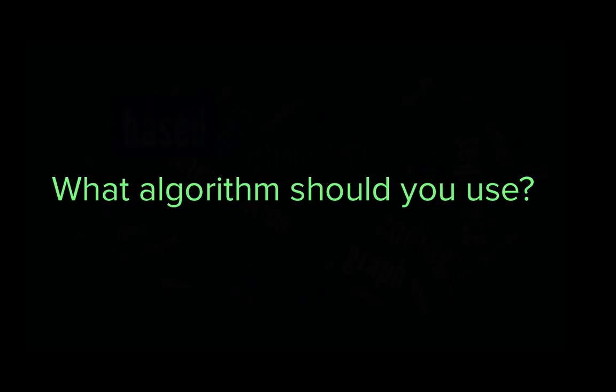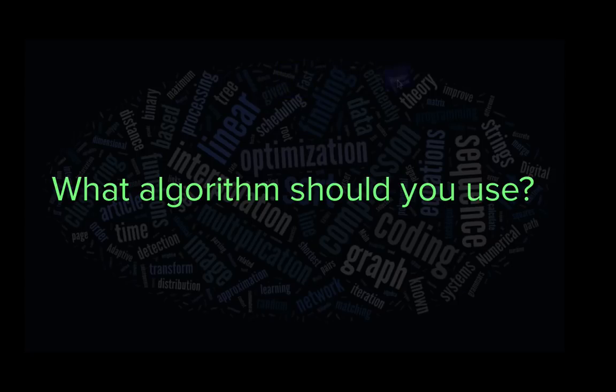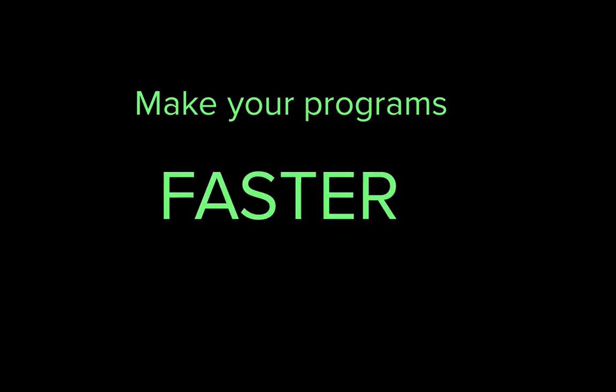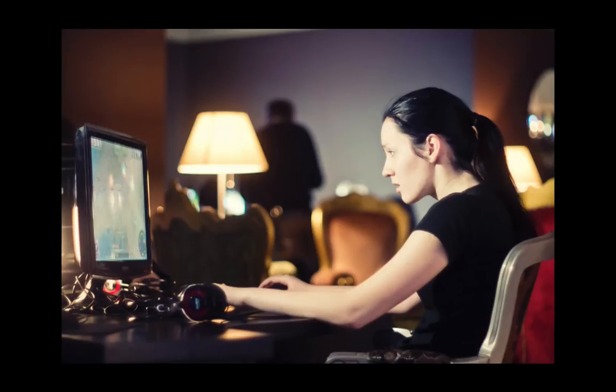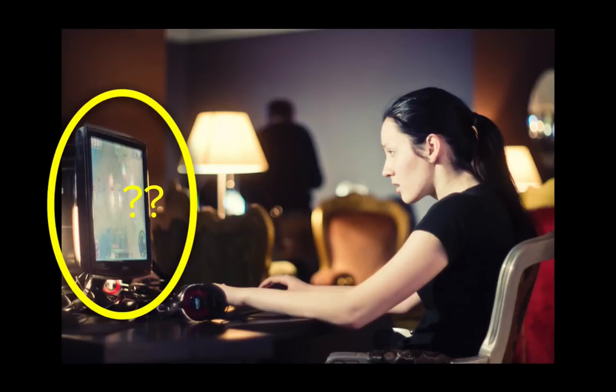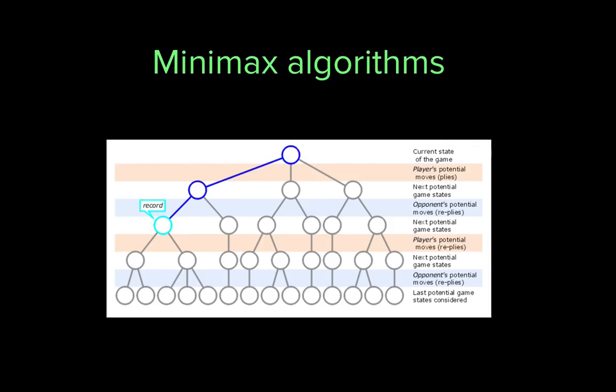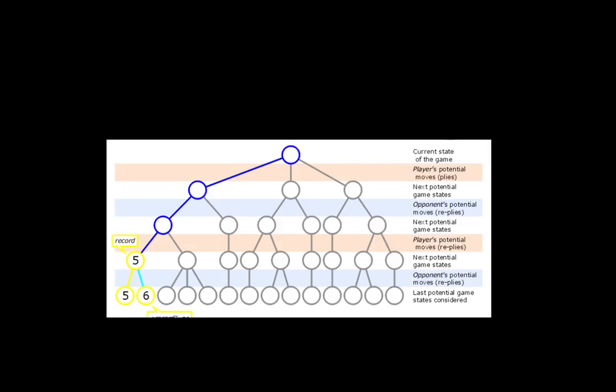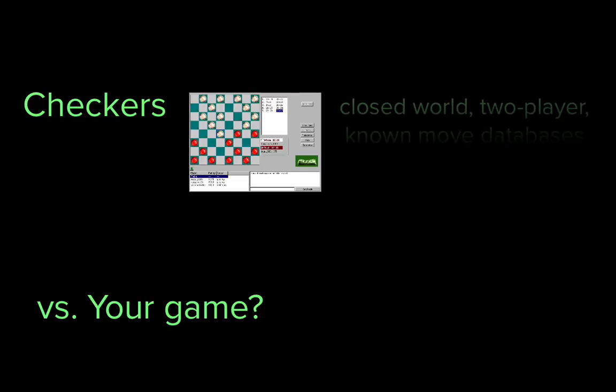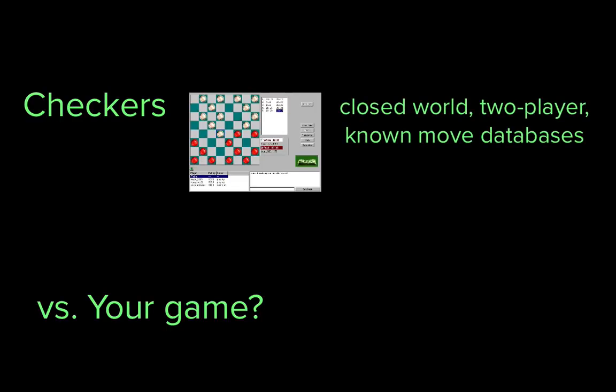If you know something about existing algorithms, you can save yourself some effort and make your programs faster by applying the right one. For example, let's say that you're writing a game and you want the user to be able to play against the computer. Well, you could look at checkers games for inspiration. Computer scientists have figured out how to write checkers programs that never lose by using the Minimax search algorithm to search through the huge tree of possible moves. If your game is similar to checkers, then you might be able to use algorithms based on these techniques. If not, then knowing the limitations of those algorithms might lead you to redesign your game if it requires having